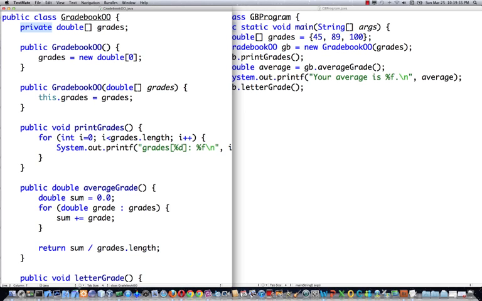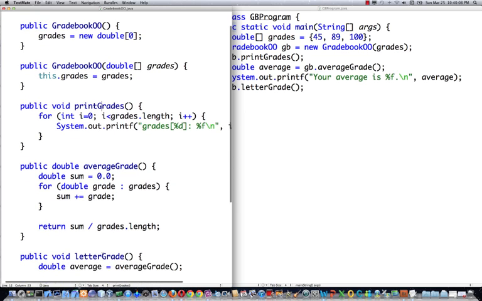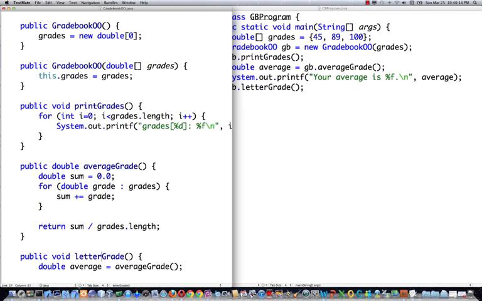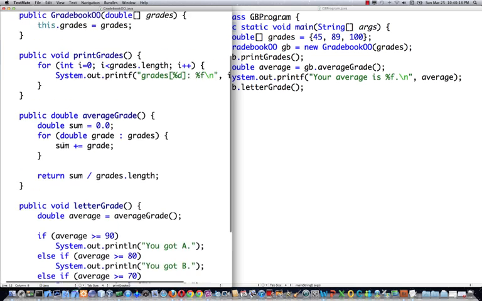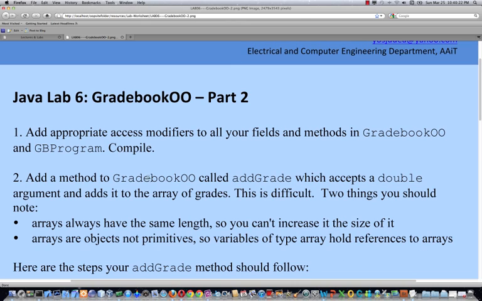Usually we make our fields private. ኮንስትራክተሮች in most cases ከውጭ ኮንስትራክተር ስለሚጠሩ ፐብሊክ አድርገናል። ፕሪንት ግሬድስ፣ አቨሬጅ ግሬድ እና ሌተር ግሬድ በተጠቃሚ ፕሮግራማችን በጂቢ ፕሮግራም ውስጥ ለምንጠራቸው they should be public. So actually appropriate access modifiers ስለተጠቀምን የመጀመሪያው ጥያቄ መስራት አስፈልግ ኦሬዲ ሰርተናል።